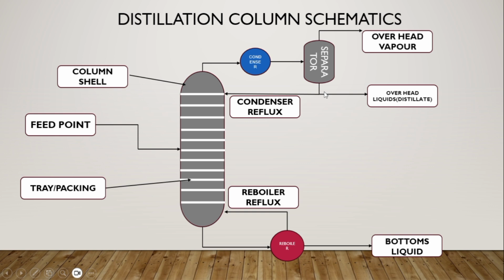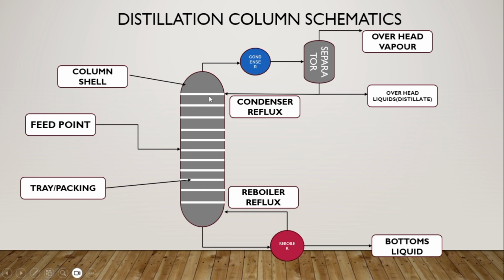Now, we have different scenarios for our distillation column, which we get to look at. But for now, let's just naturally stick with this part where we're having two outlets at the top, the overhead vapor and the overhead liquids, which we call distillate. So when you do your whole boiling and it goes up the vapor, you have a condenser. Naturally, when you condense, you expect the condensate, the distillates, to go back inside the distillation column for